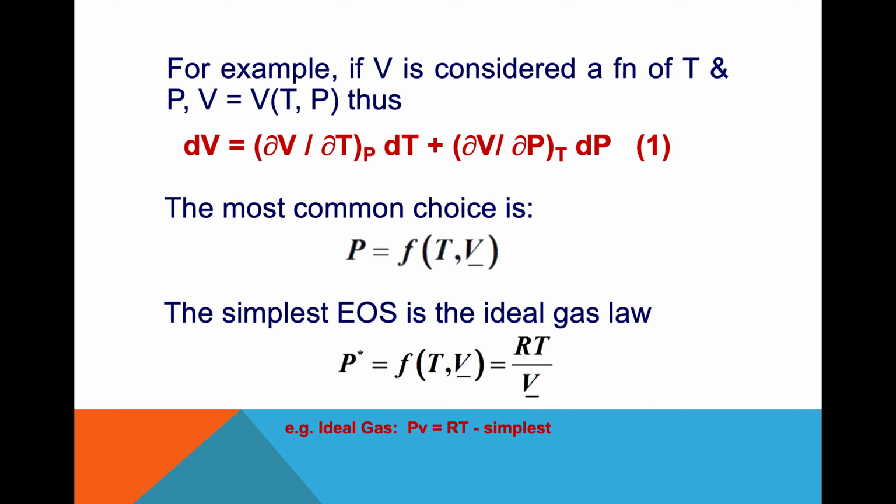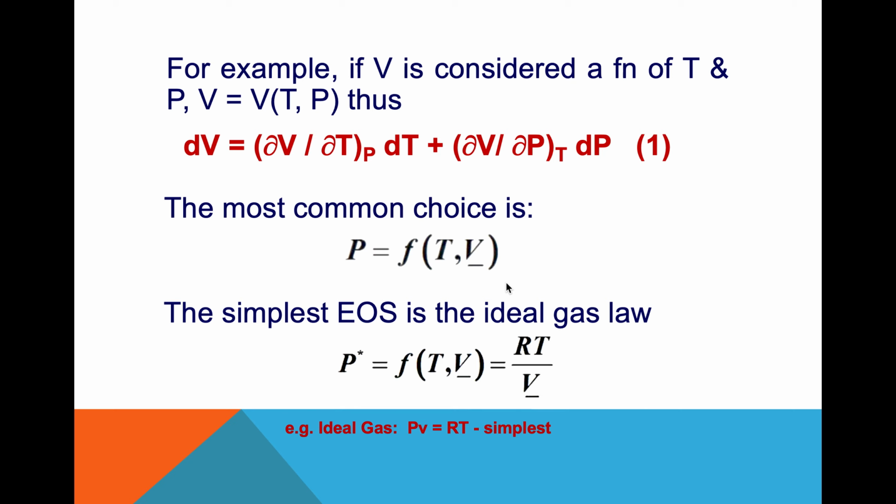For example, if V is considered a function of temperature and pressure, V(T,P), thus dV equals this equation below. However, the most common choice in thermodynamics is pressure as a function of temperature and volume,